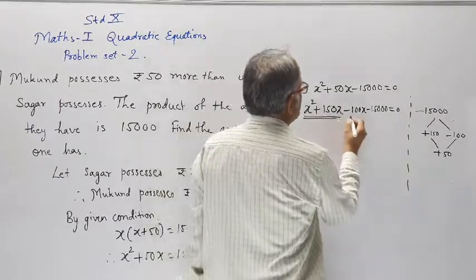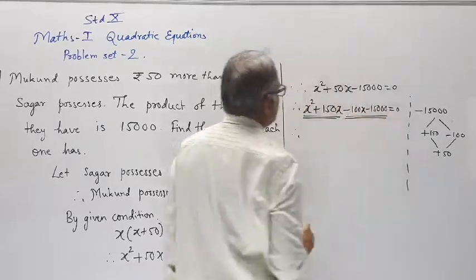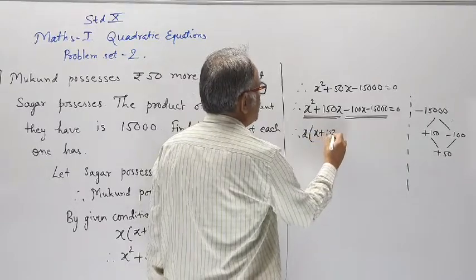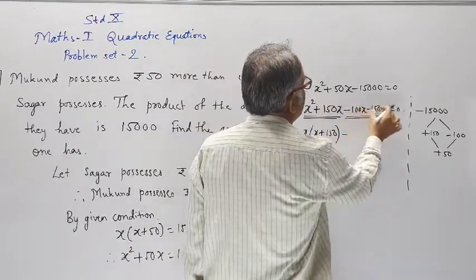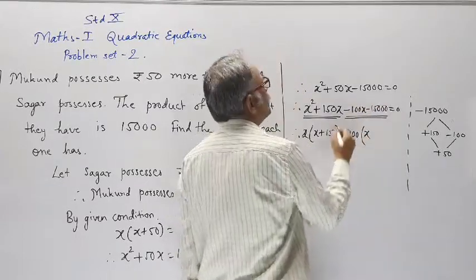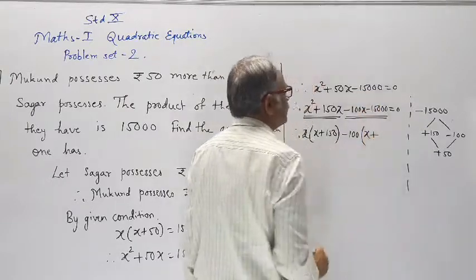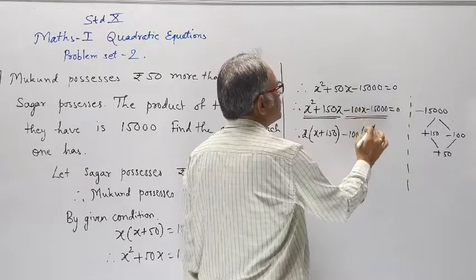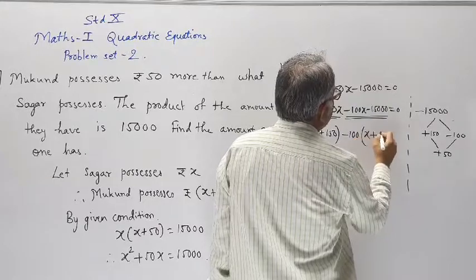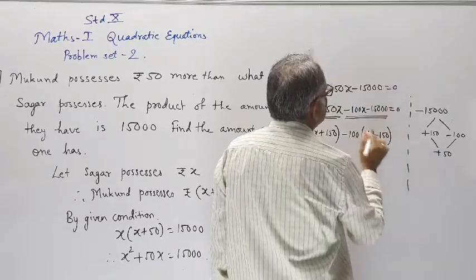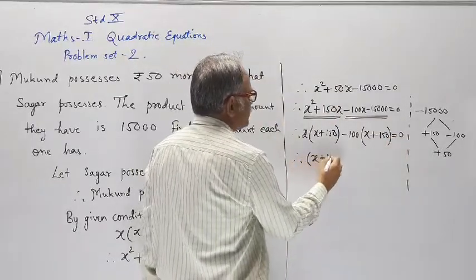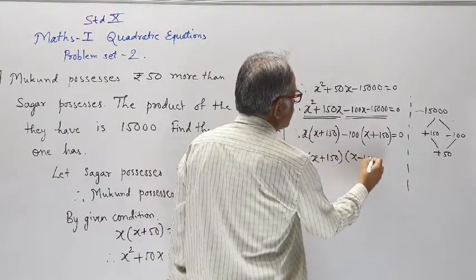Take common from the first two, common from the next two; the third term's sign must be taken common. x common, x plus 150. Third term sign minus common, it is 100; 15,000 means 100 is a common multiple. x, when minus is taken common, the sign of the fourth term changes in the bracket. Minus into plus is minus. To get minus, it will change to plus as minus is taken common. 100 into 150 is 15,000. So, the common bracket is x plus 150, another bracket is x minus 100 equal to 0.